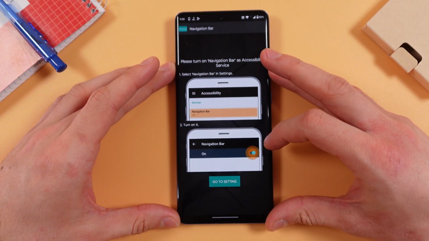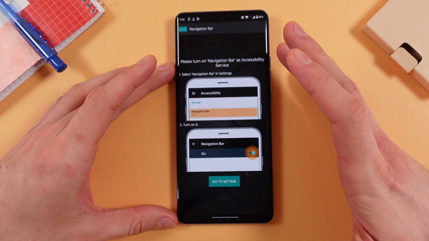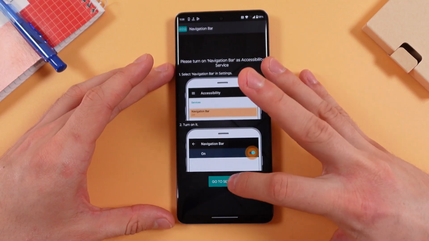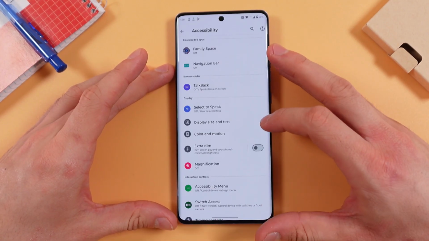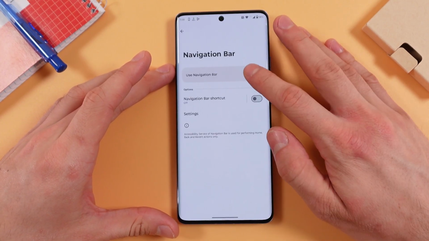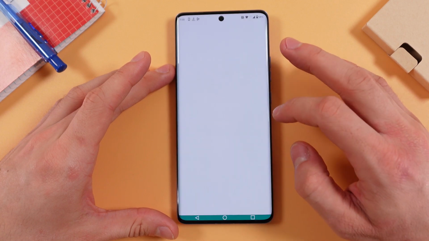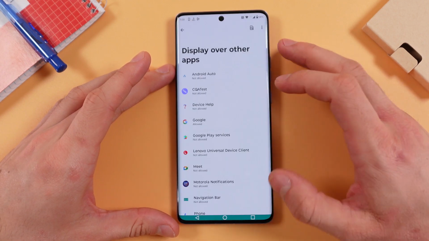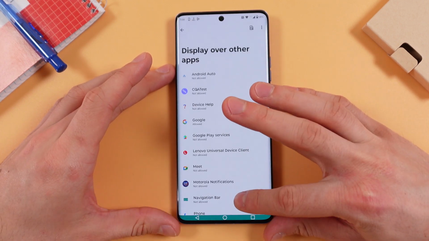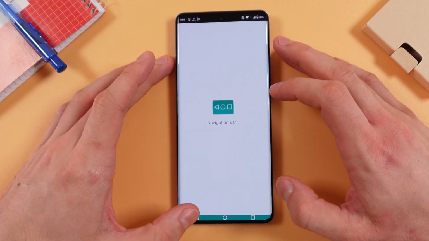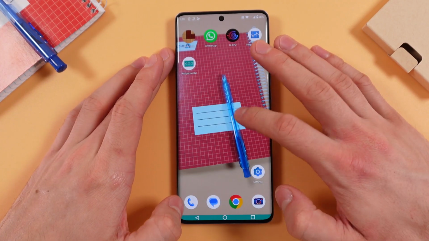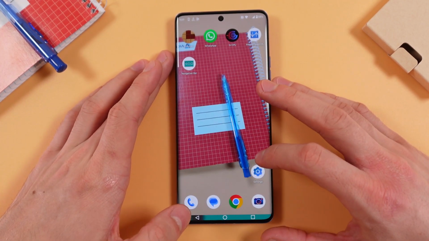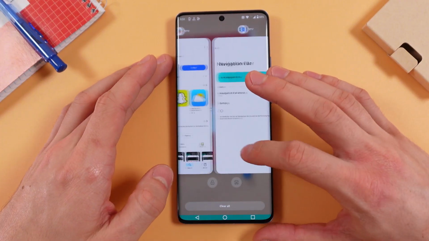Now we are to grant the permission for it to be displayed over our apps. We need it, so press go to settings. Turn it on. Press allow, open display settings, navigation bar, allow display over our other apps, and basically that's it. Now we've got our new display app